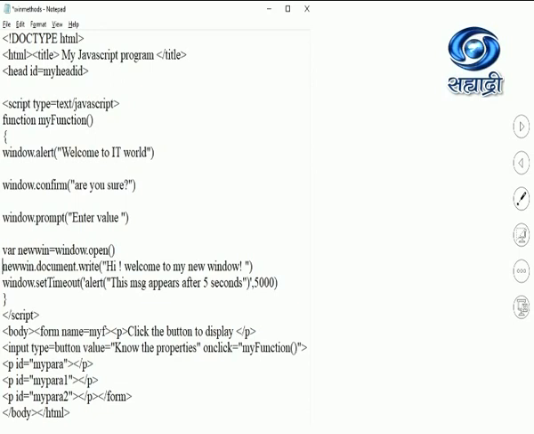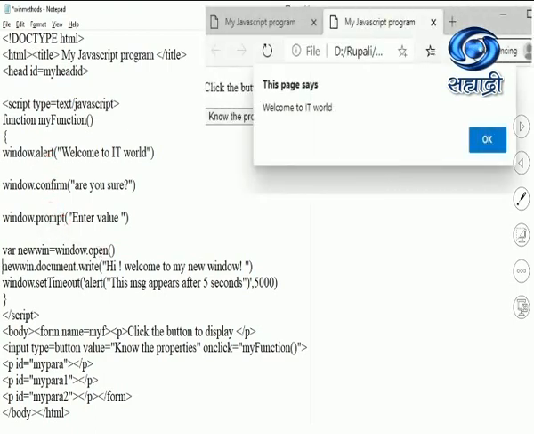Now if I write the program like this, observe over here I have mentioned a button, and if I click on this button, my function is going to execute. In myFunction, I will get alert first, followed by confirm, followed by prompt, and after that it is going to open a new window for me. So here I have used 4 methods of the window object: alert, confirm, prompt and open. Let us see the output.